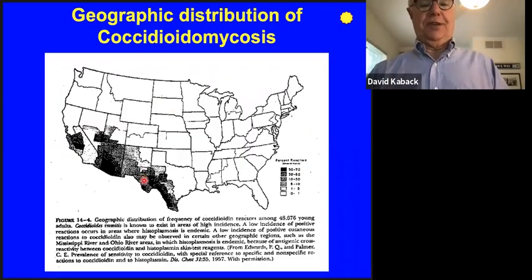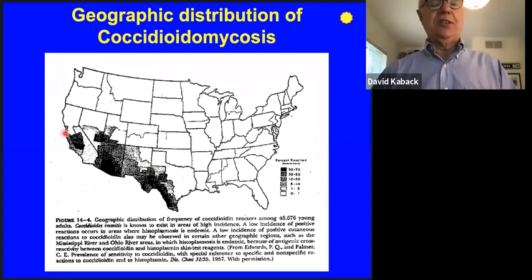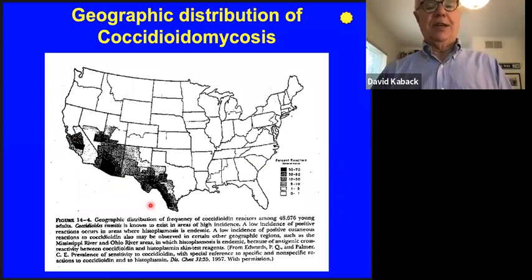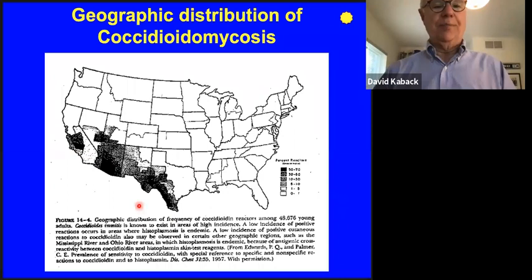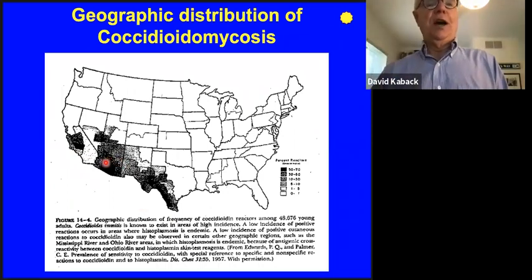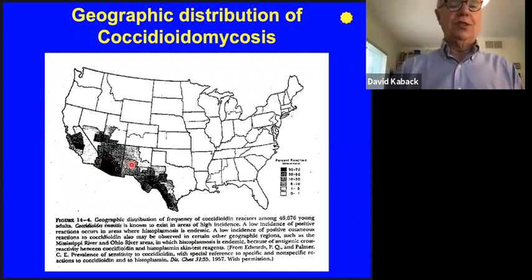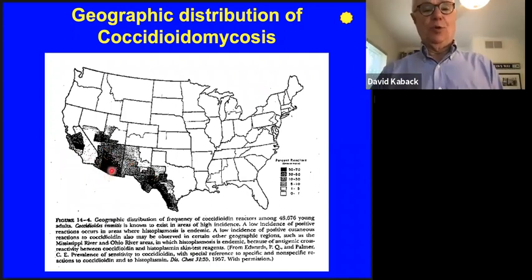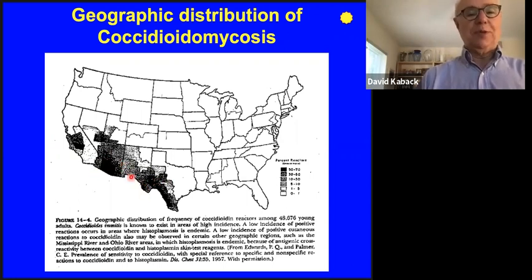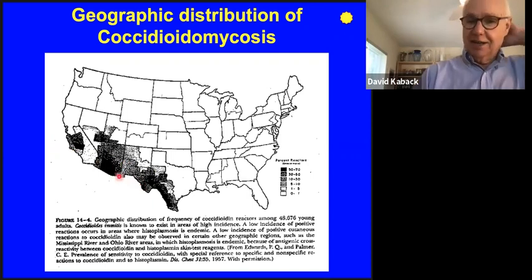Now we'll move on to coccidioidomycosis. This is a little bit different. First of all, it is a desert fungus, growing mostly in the very dry areas of the American desert, and going further south as well. This organism will give rise to hyphae and spores during the rainy season in the wetted soil. And then when the soil dries out, the fungus will produce a lot of arthrospores that can get whipped up in the air and infect people.